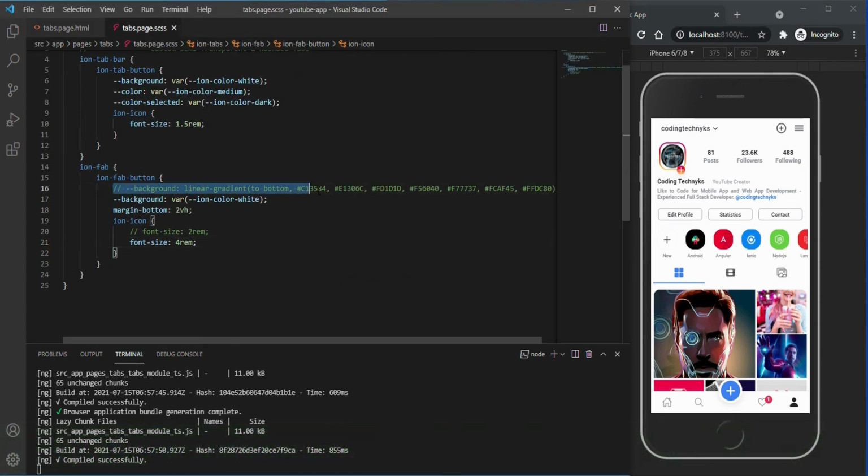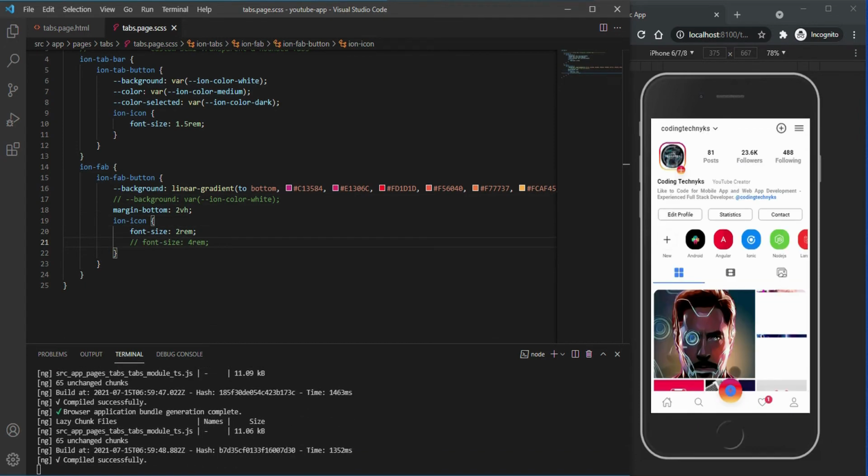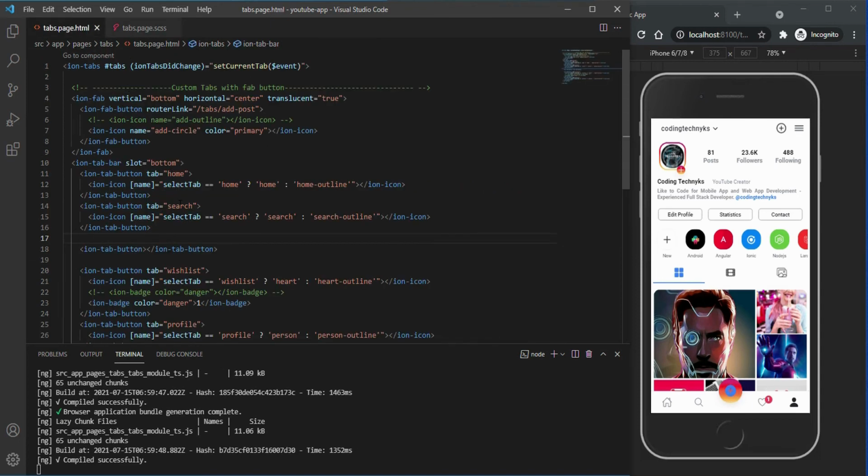Like out here I've commented this part, so let's try it out. If I uncomment this and comment this part, along with that I need this margin top. So the font size also I'll change this one. Let's see what happens. Alright, now you see there are slight changes that are happening out here. Now a lot more changes we have to do.